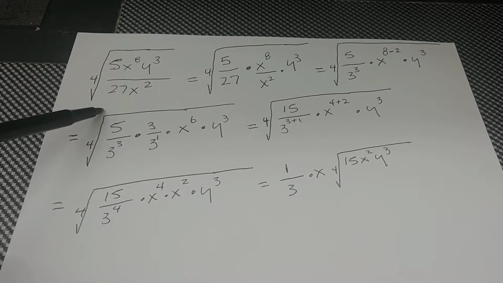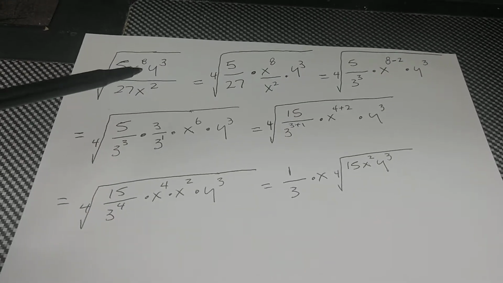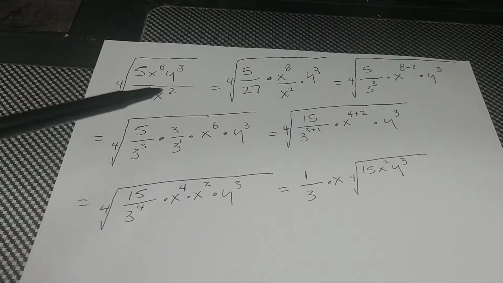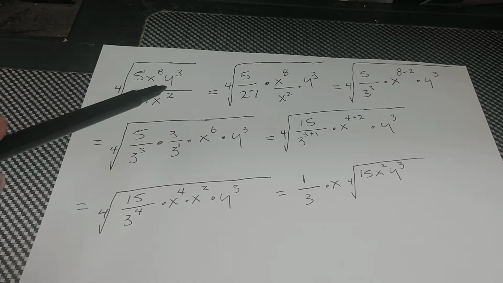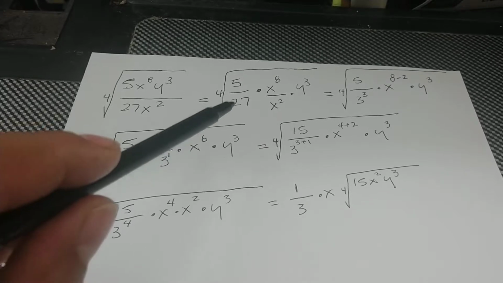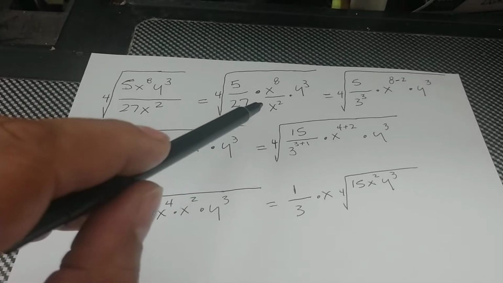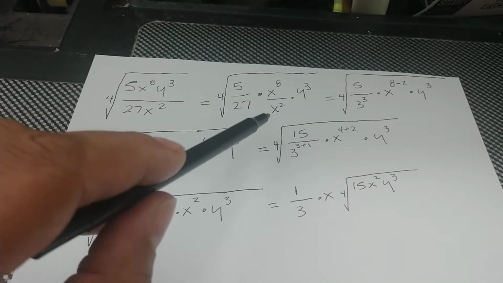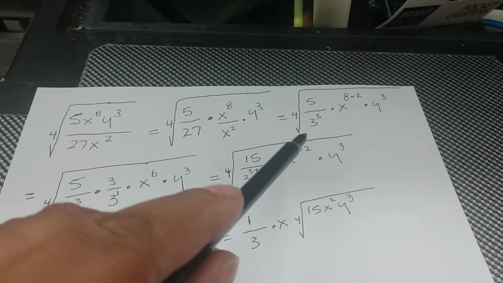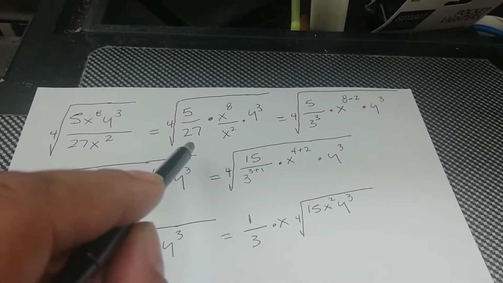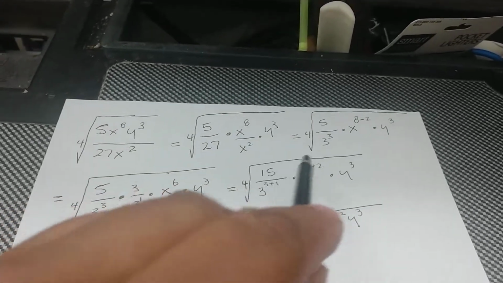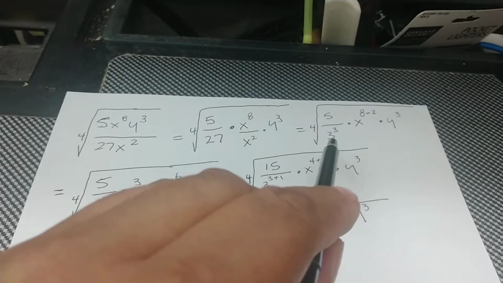that's the problem. The fourth root of 5x to the eighth power y to the third power over 27 times x squared. You want to separate the numbers from the variables and you want to isolate each variable. So you have the fourth root of 5 over 27 times x to the eighth power over x squared times y cubed. Next, you have the fourth root of, now you want to express your number in exponent form. So you got 5 over 3 cubed